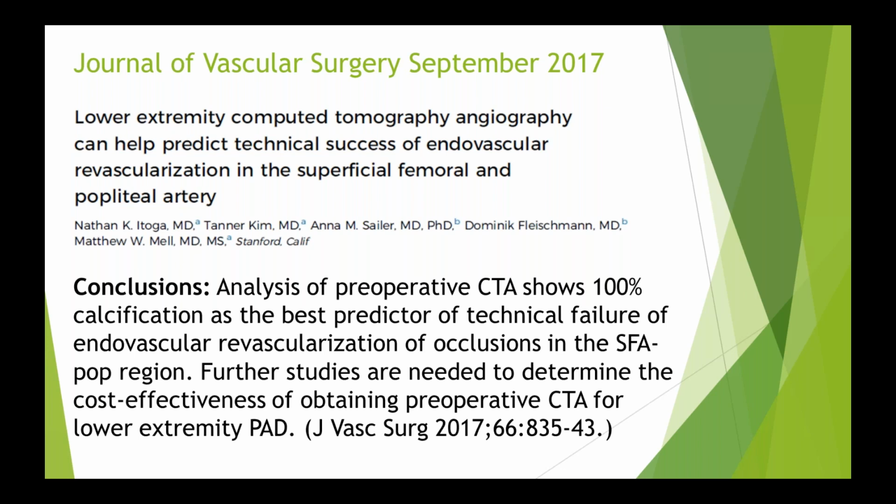As I mentioned earlier, risk factors for development of vessel calcification include diabetes and chronic renal disease. The authors of this paper noted that CTA scans are useful for a variety of reasons, including treatment planning. And furthermore, preoperative CT angiograms can influence the providers to opt out of an endovascular approach and proceed directly to a bypass in the case of severe disease. So CTAs are becoming the routine for evaluation of patients with peripheral arterial disease, especially in the acute setting.